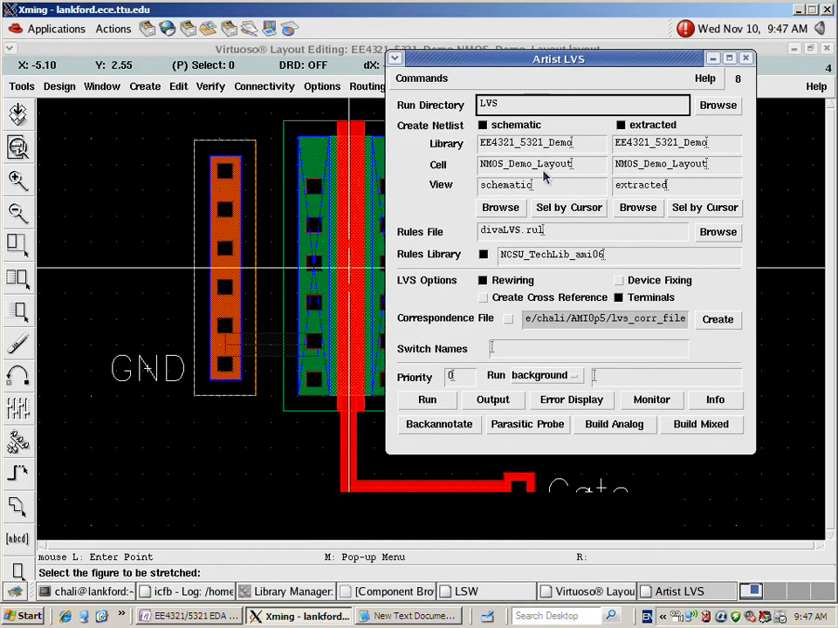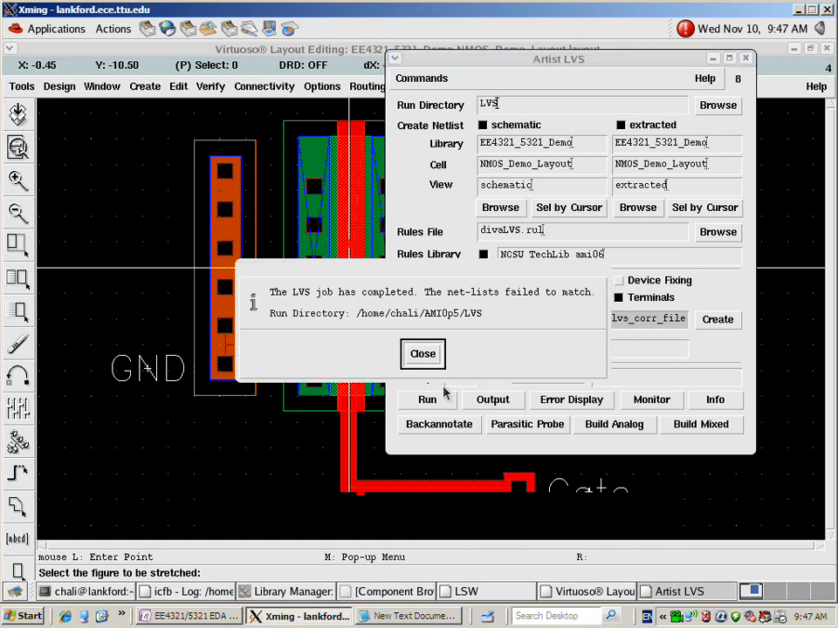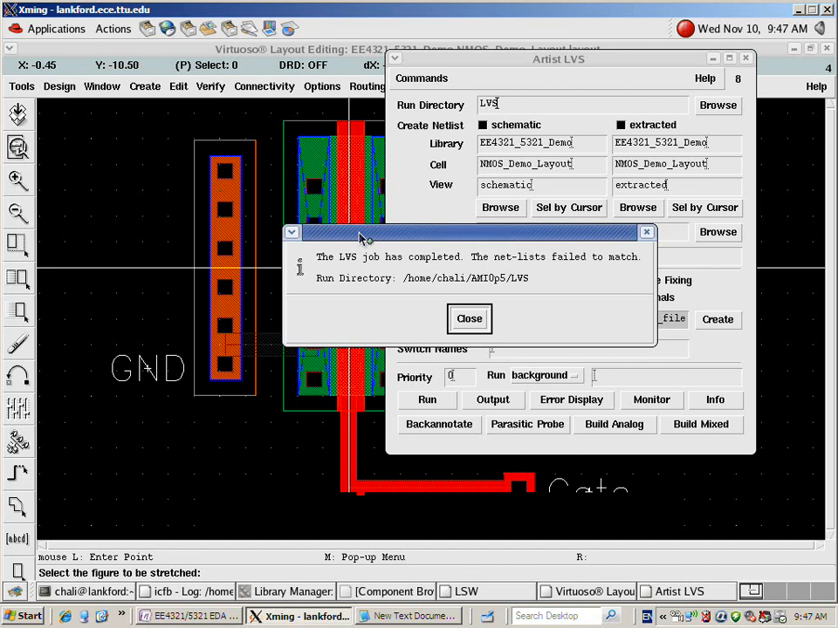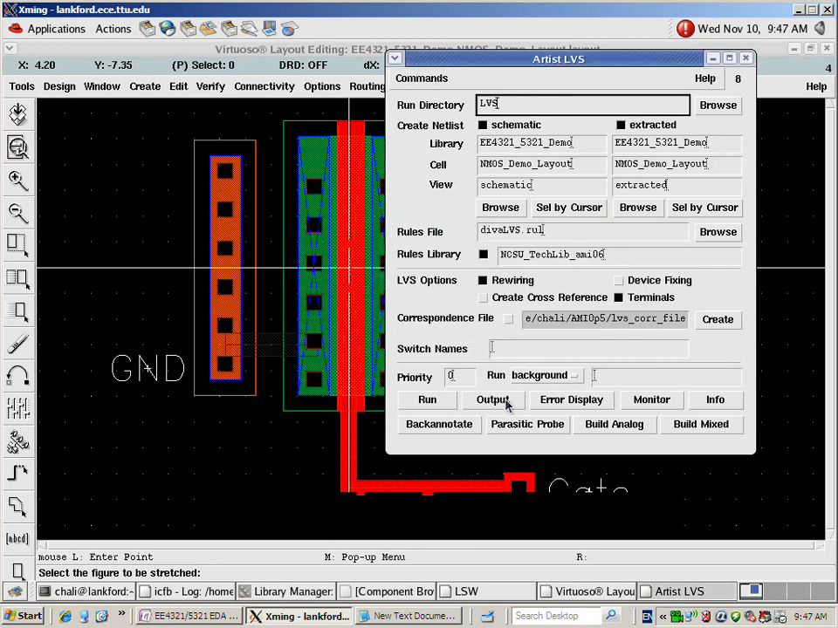And the setup is still there. The schematic extracted view is still there. So I just need to click Run. And now, after LVS is done, it tells me LVS job has completed, but the netlist failed to match. So if I open up the output,